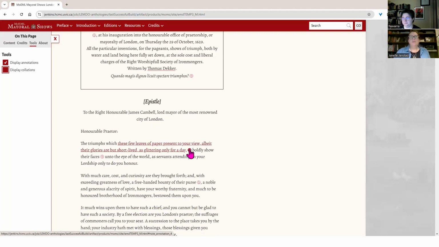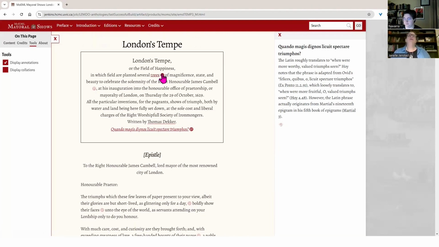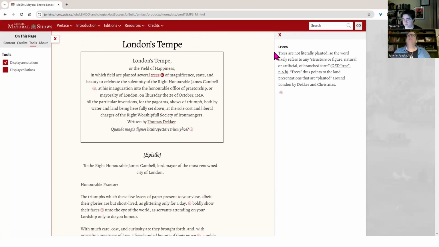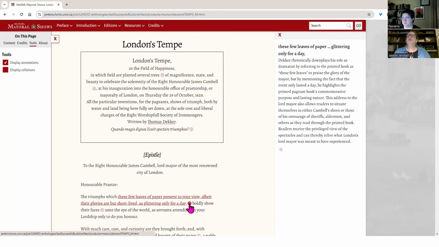Here's quite a long piece of text that's being annotated. We'll click on this one. You can see there's the Latin translation that I showed you on an example screen. This is a commentary note. This is a bit of information about the person. Here's a fairly long piece of text being annotated.